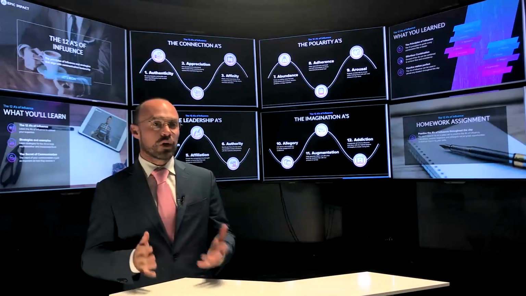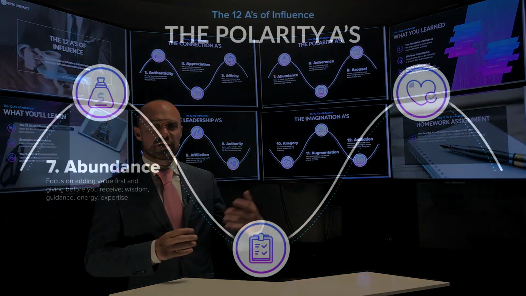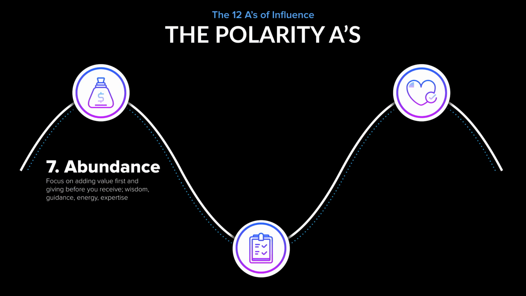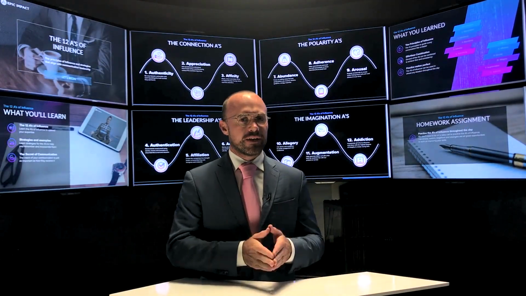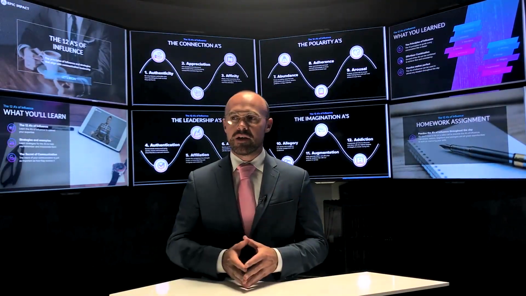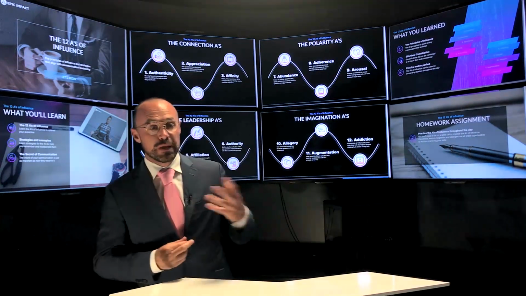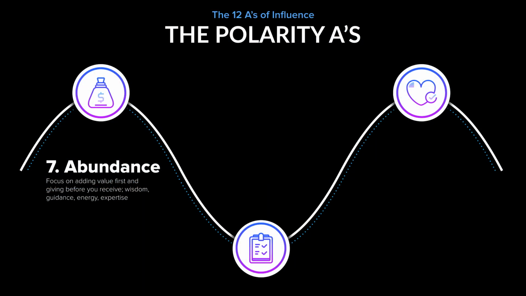And if it is a good fit for us to work together, I'll share that with you explicitly at the end of our conversation. A really abundant influencer is willing to tell a prospect, no, it's not a good fit, if it genuinely isn't. This creates good karma, good deeds, and good integrity in the marketplace. And oftentimes, that prospect, because they're really clear on what your product market fit is, they end up referring you to other people just because of how you showed up in your genuine, abundant nature.